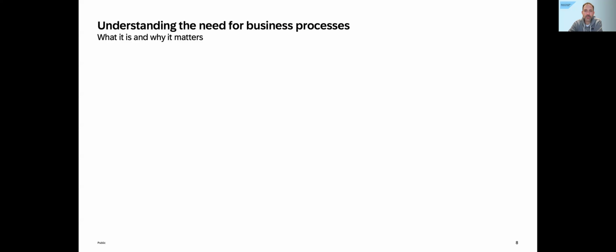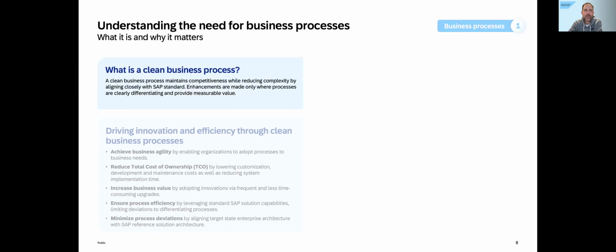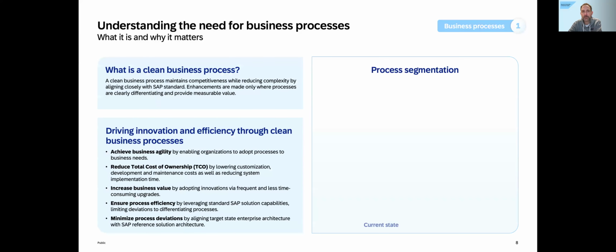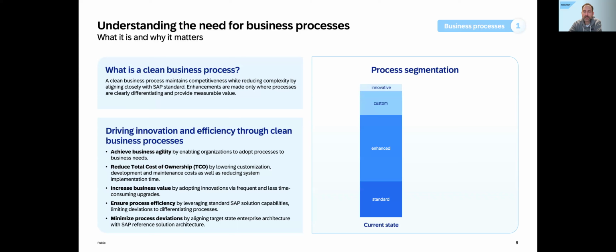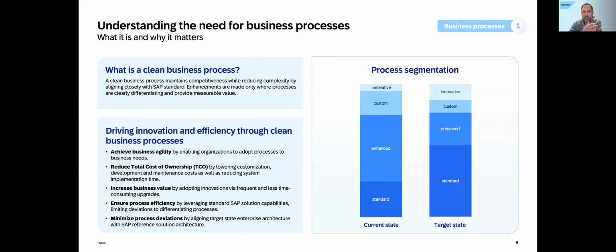The clean business process we describe, as I just said, as a business process that retains your competitiveness as an organization, but reduces complexity by staying as close to SAP standard as possible.